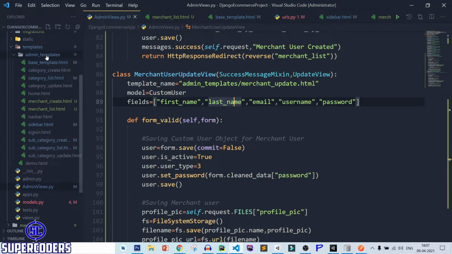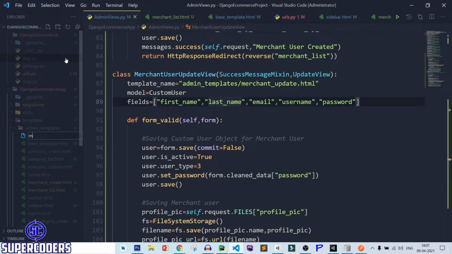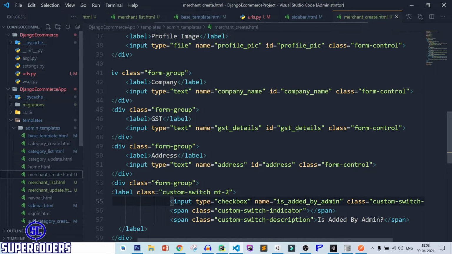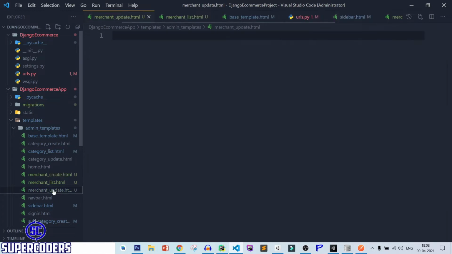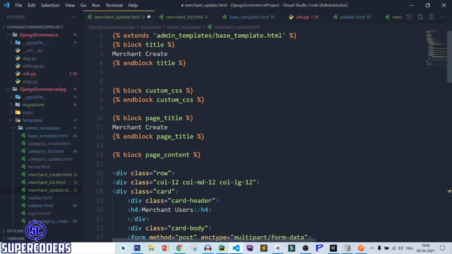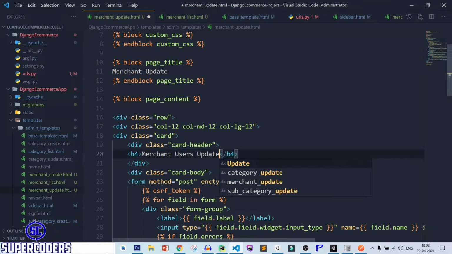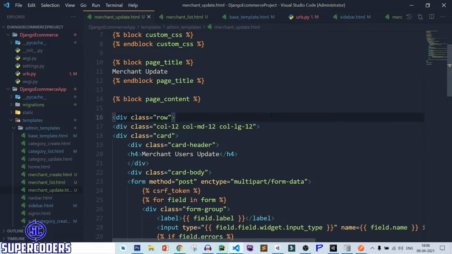So right click, new file, merchant update.html and here simply copy the merchant create code in update, paste it, merchant user, merchant update, save it.